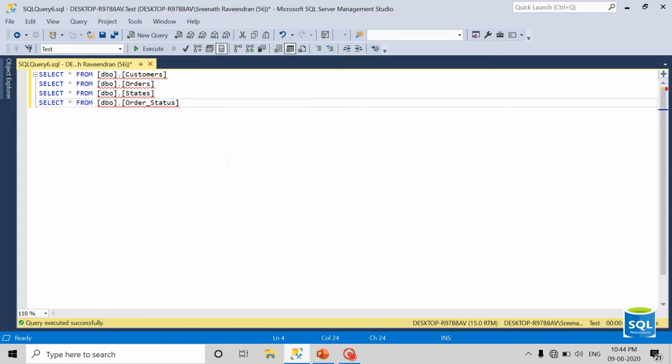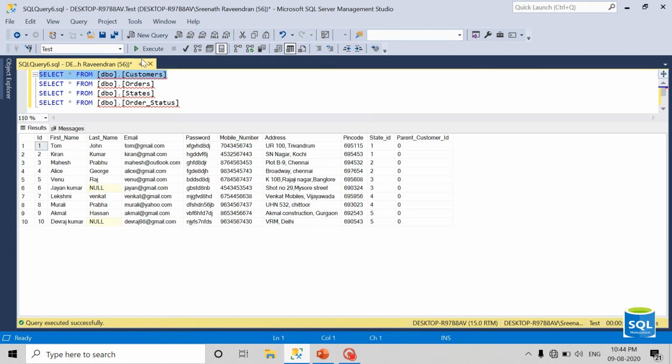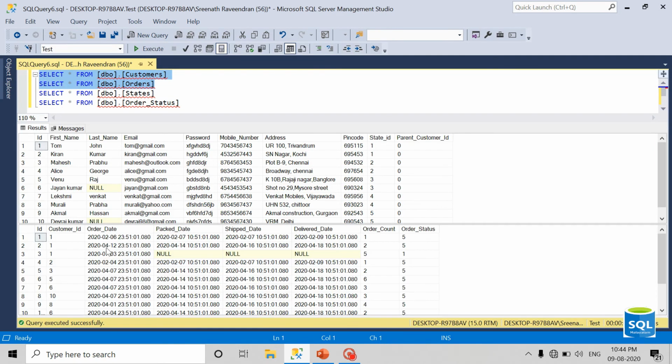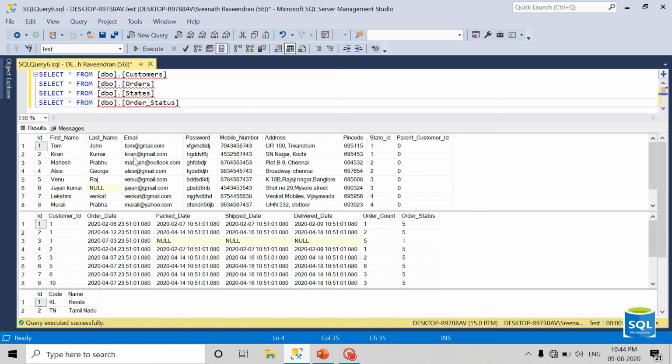In the previous video, part 2, we created a customer table, order table, state, and order status. The customer table keeps the records of customers, and the order table keeps the records of orders corresponding to each customer, and the state table and order status table are the master tables. The state table contains the state, so that is used here for a customer as a state ID.